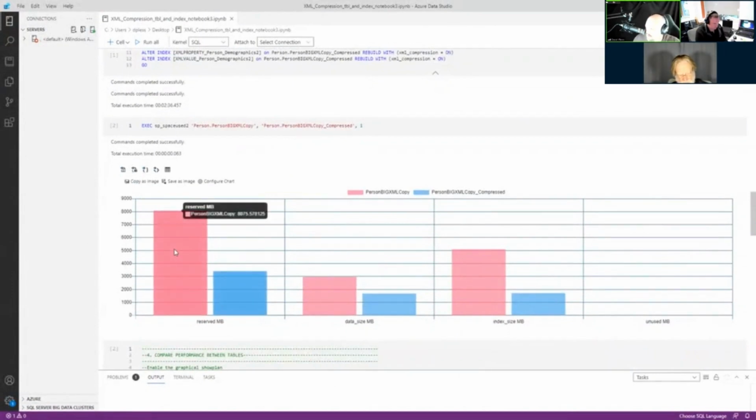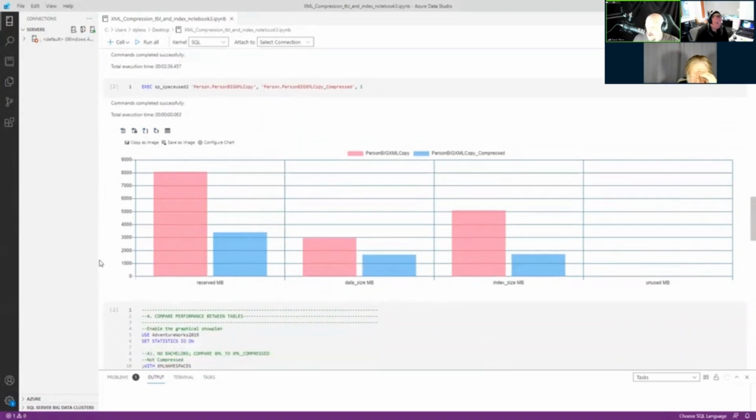I went from 8,075 megs to 3,400. It's quite a bit of savings. And it all came from the index compression, going from 5,098 megs to 1,717. That's pretty good.